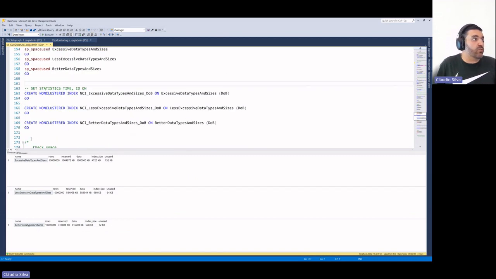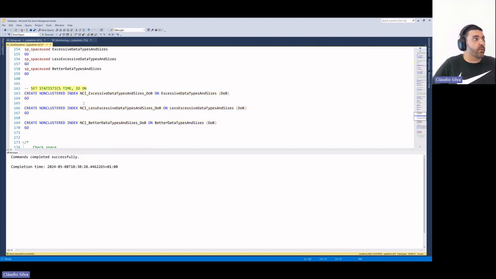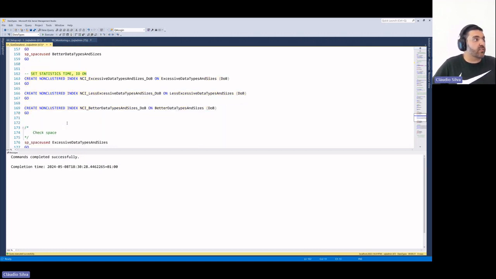What I want to show you also is what happens, because until now we were just looking at a table with a primary key with a clustered index. But if the table is too big, the odds that we need some non-clustered index to help filter data and get data faster for specific situations will increase. So let's create some non-clustered indexes here.